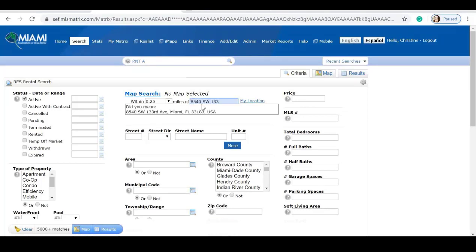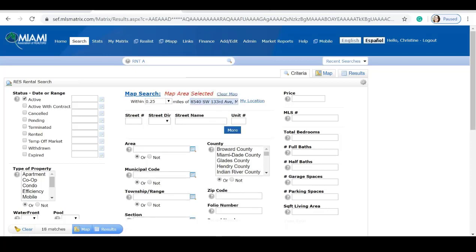I'm not going to put Ave or road or place. I'm going to let the system allow me to select the property. Once you click on it, the information here at the top, no map selected, will activate and turn red. So I'm going to click the property. It now says map area selected. So now that I have a map area selected and it's red, I can see that